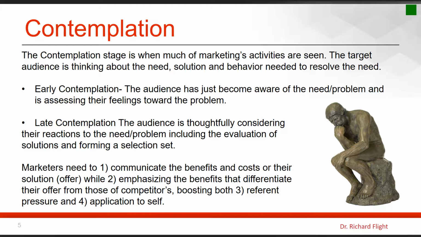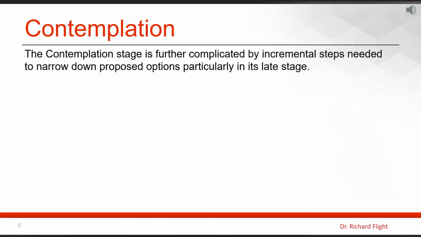Number two, emphasizing what makes our solution better by differentiating ourselves from our competitors. Number three, illustrating how this fits into their social life and how this builds their sense of self. Those are the things that we're going to look at in this stage. Moving forward through contemplation, then, this stage can be difficult, or complicated, if you will, to be able to narrow down or specify that our solution is the best for them.